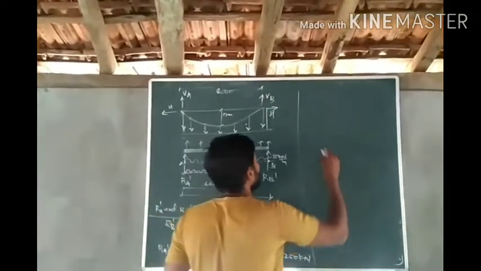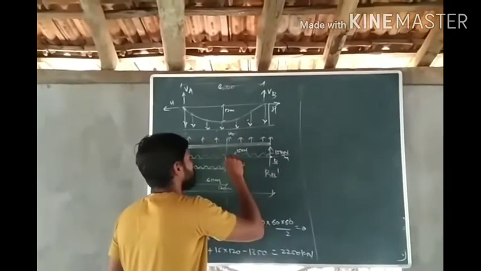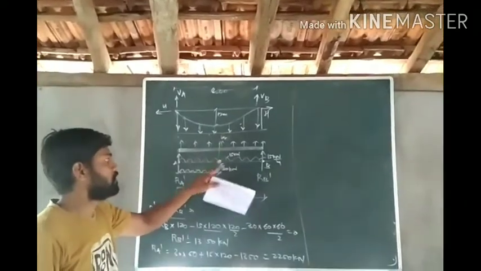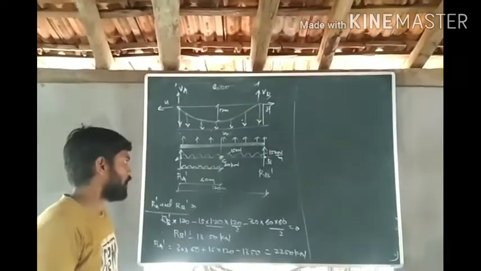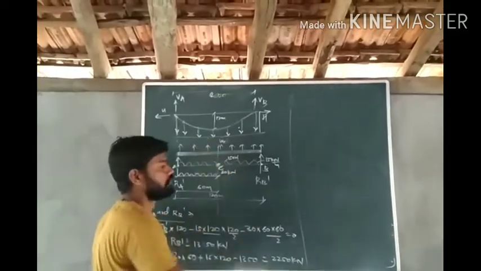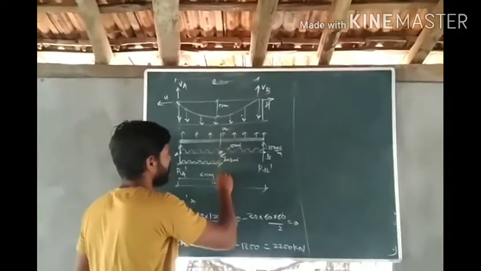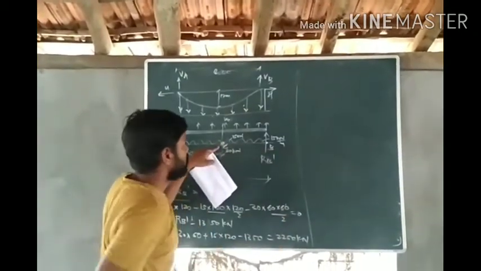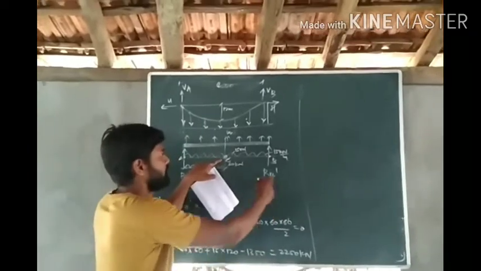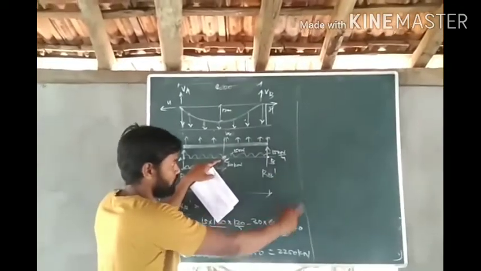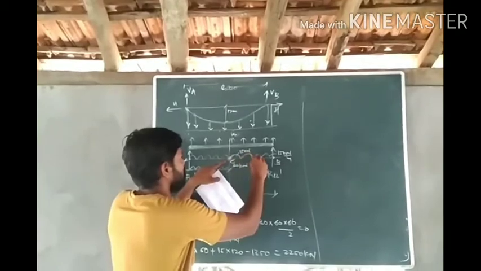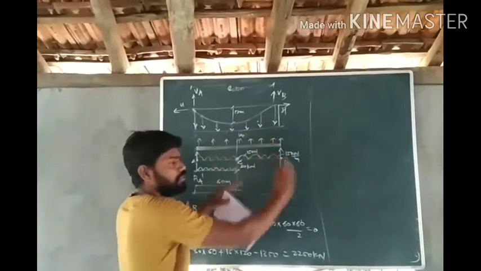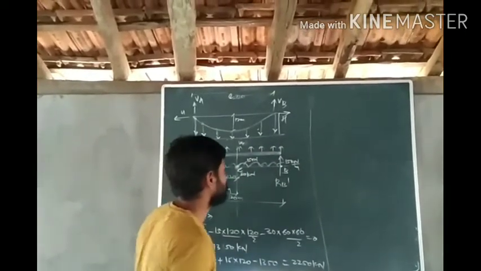So how will you calculate? For that we'll use the characteristics of this internal hinge C. As there is a hinge at C, the bending moment at C should be equal to 0. So I will take the bending moment at C and consider the right side portion. How many forces are there? This RB dash is there, then this UDL 15 kN per meter is also there, and this WE is also there. Okay, so we will consider this separately.